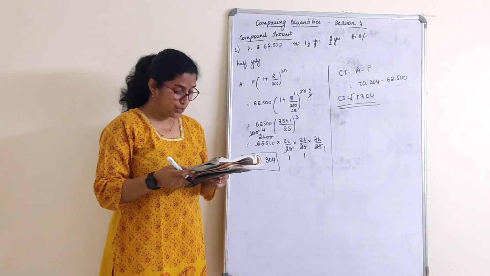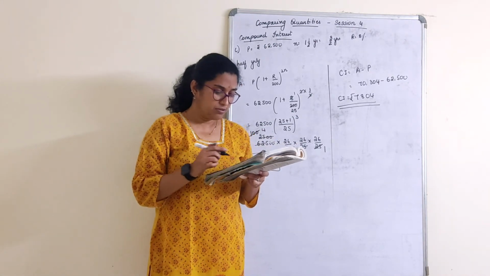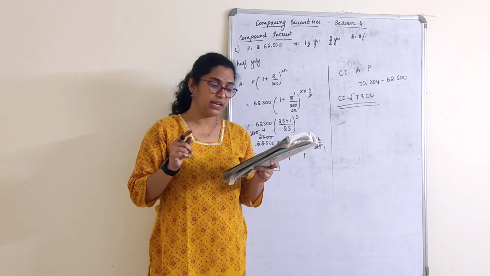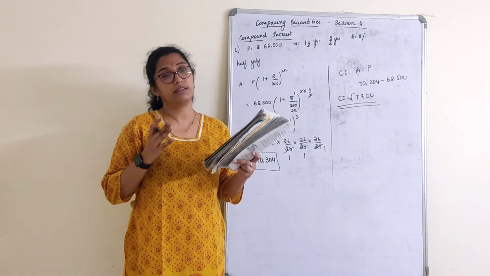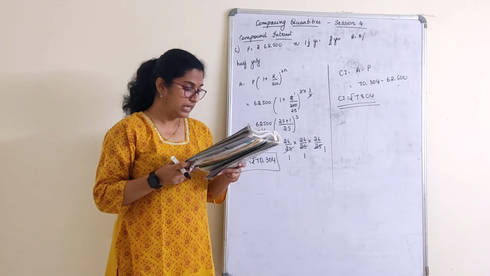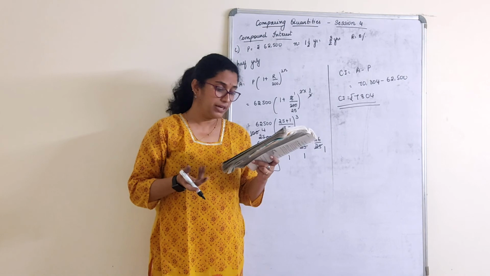Okay. I'm going to mark D and E for homework. See here, don't look at the bracket part they have given. D is 8,000 for 1 year, 9% compounded half yearly. Use the half yearly formula only. Go ahead with it. Then E part, 10,000 for 1 year, compounded half yearly.